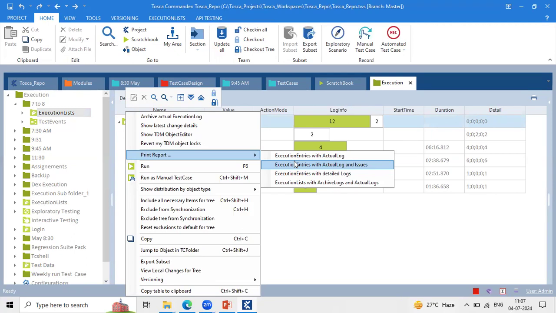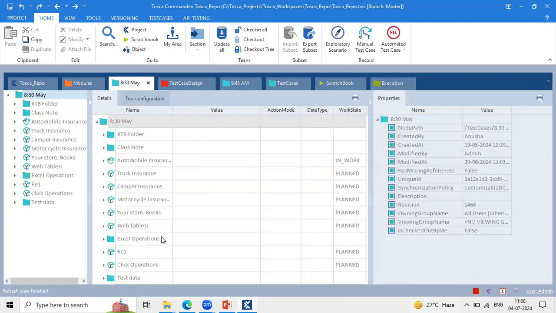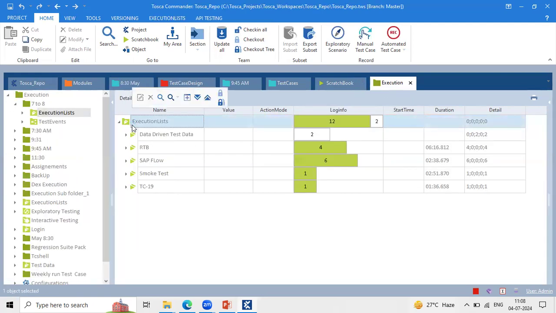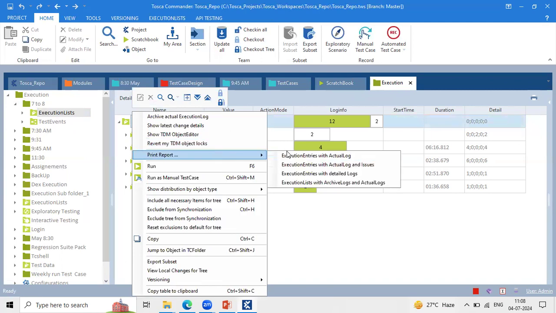But once you export, it won't trigger directly to email. Got my point? Yeah, I got you. Without a script, if you want to redirect this to mail, there is no feature as of now. Okay, got you.